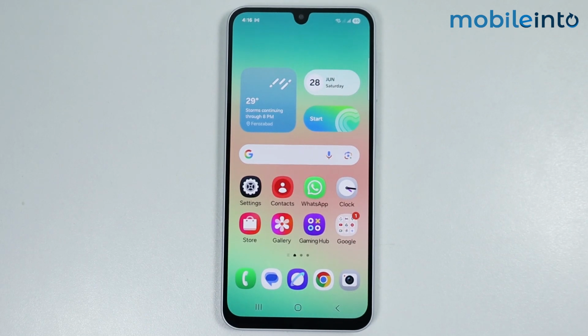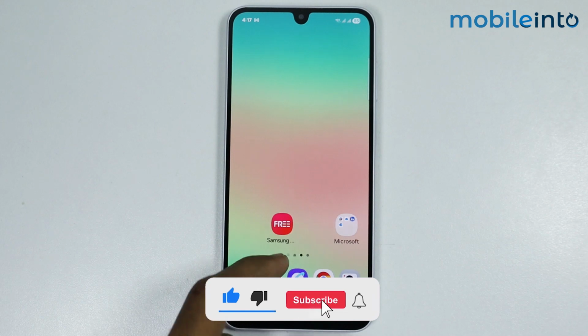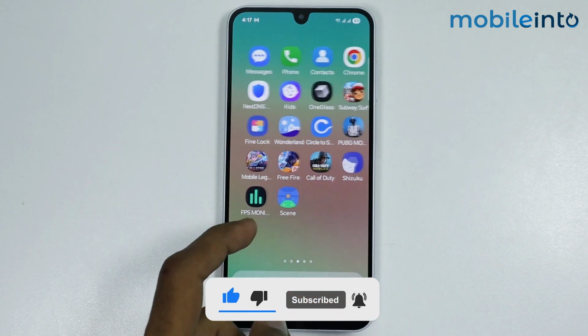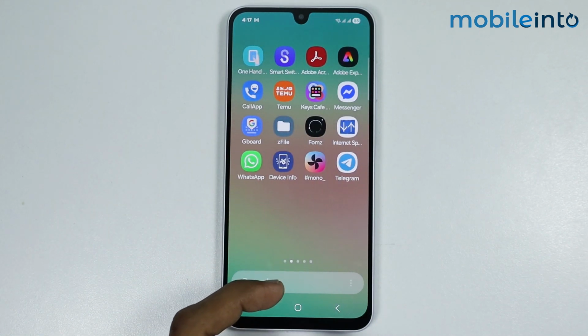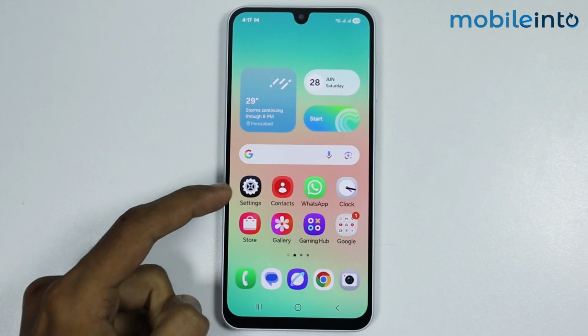Hey, what's up guys? So in this video, we will see how to restore deleted Play Store on any Android phone. Now, if you cannot find the Play Store app on your home screen or on your app drawer, and if you want to restore the deleted Play Store on your smartphone, just go to your home screen and open